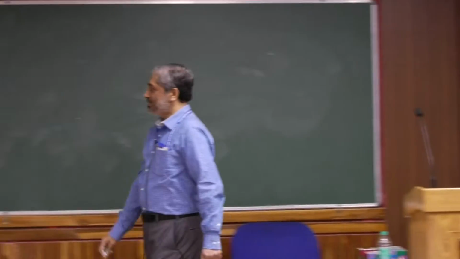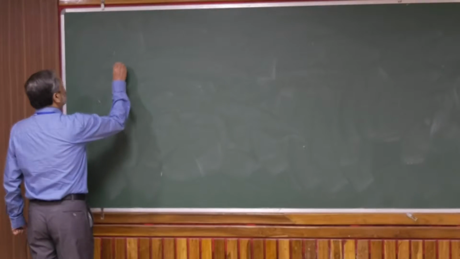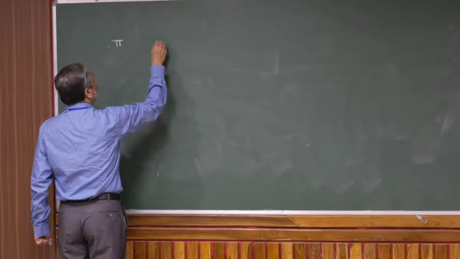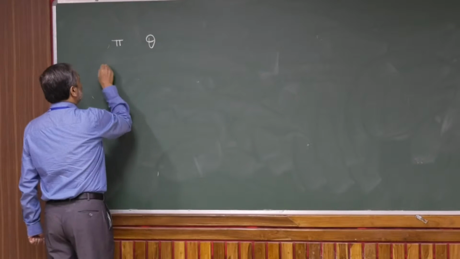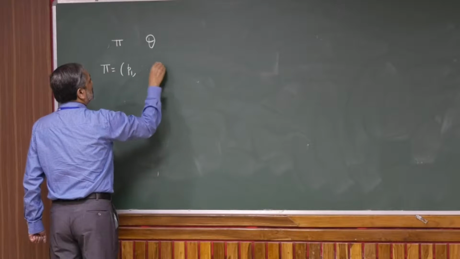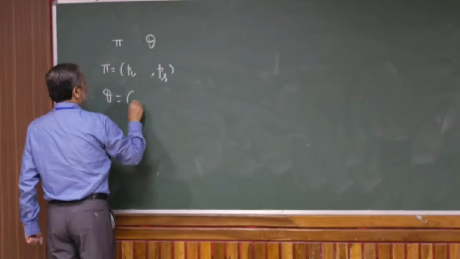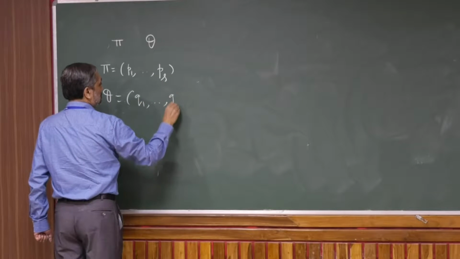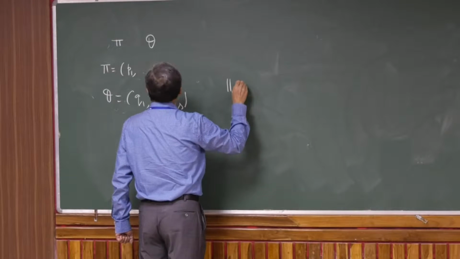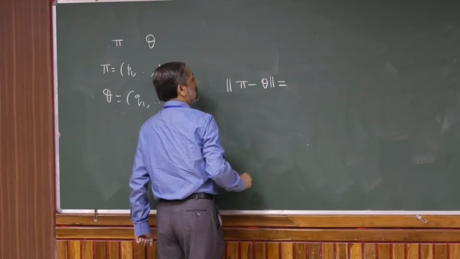So let me introduce a concept here. Suppose you have two probability distributions, one denoted as pi and the other denoted as theta. So pi is equal to some P1 through Ps, and theta is Q1 through Qs. So we are going to write this to mean